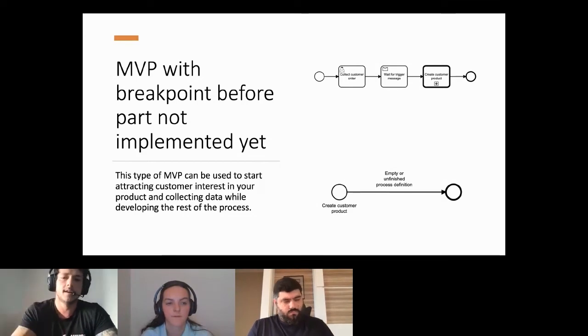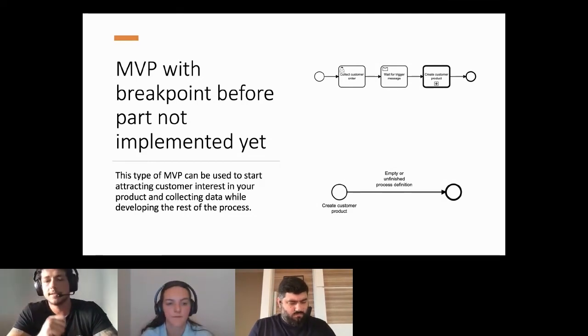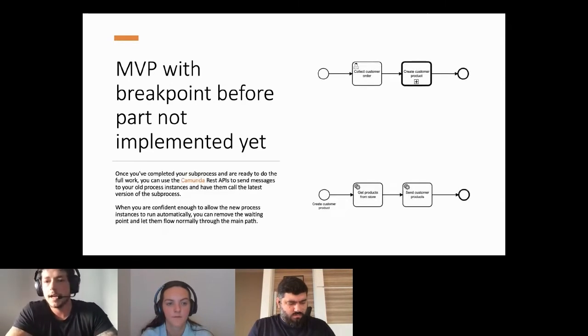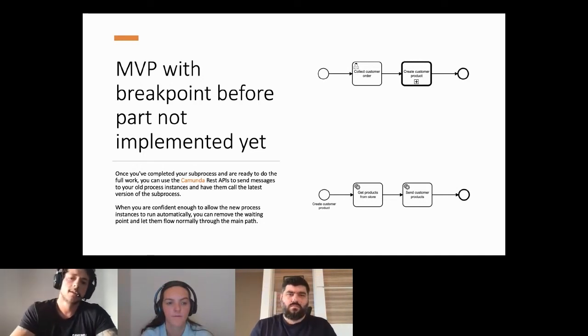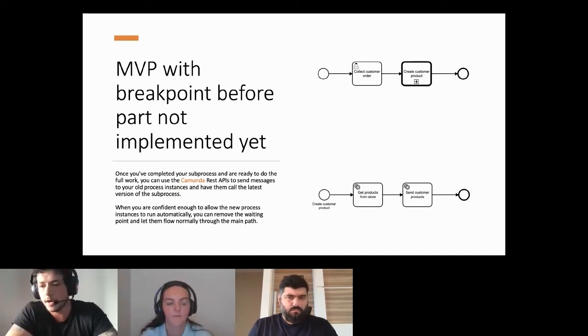Many times a day, we just send the message to see if our sub-process is working as we expect. And when I get confident enough in my sub-process, I just deploy a new version of my process definition, removing that waiting part, and now you have your process flow continuing without a breaking point.